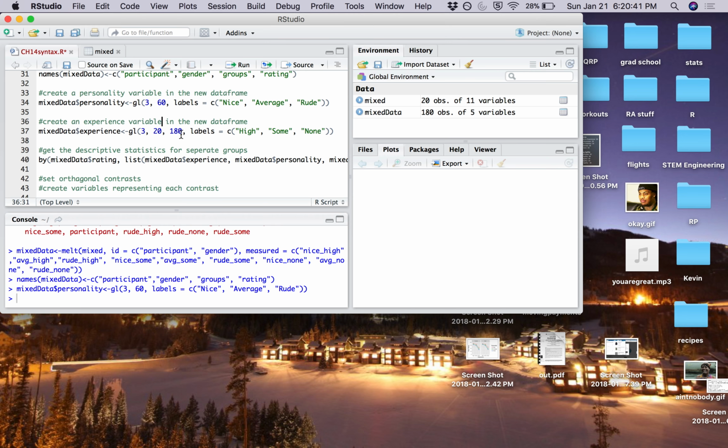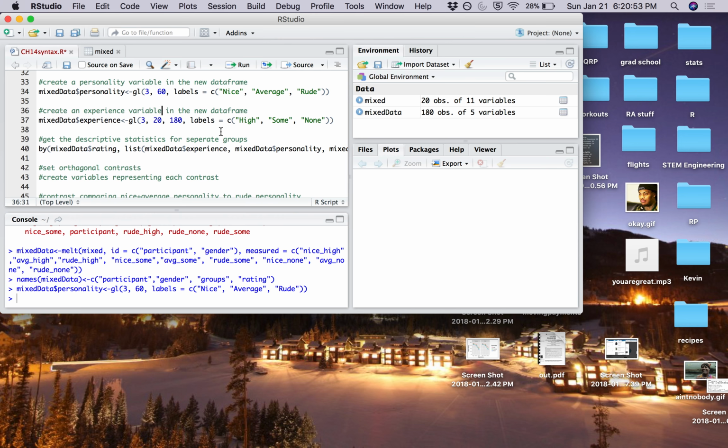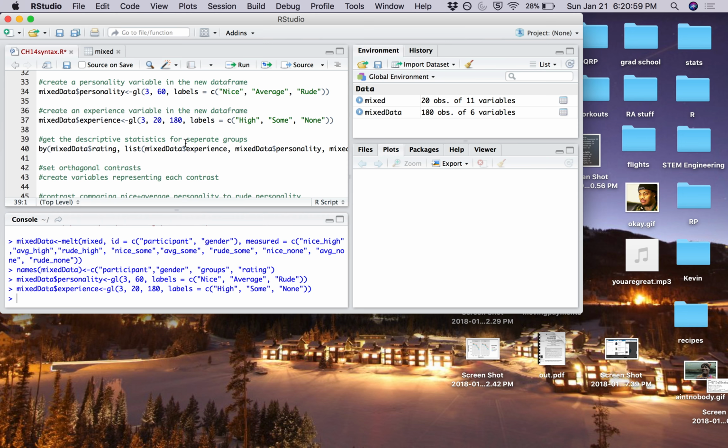And that will create the codes for the first level of personality, which is nice, and then it'll be repeated for the remaining 2 levels of personality, or for experience. So high, some, and none. So the new data frame